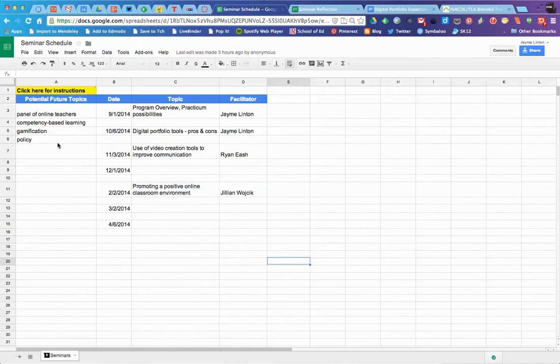We're keeping a list of potential future topics here in column A. So this is where we would love to hear from you. If you have a suggested topic, something that's of interest to you, and you'd love for us to discuss it or visit that in an upcoming seminar, please add that topic here to this spreadsheet. You all have editing rights here,